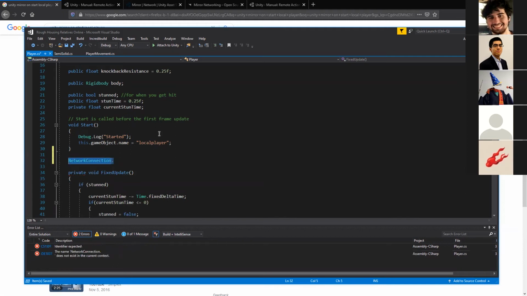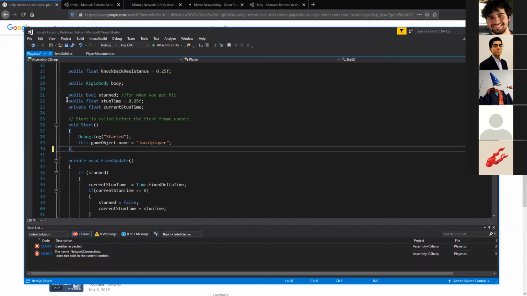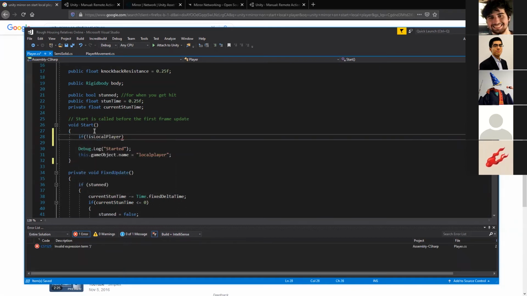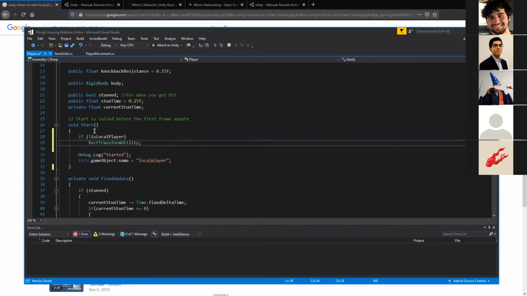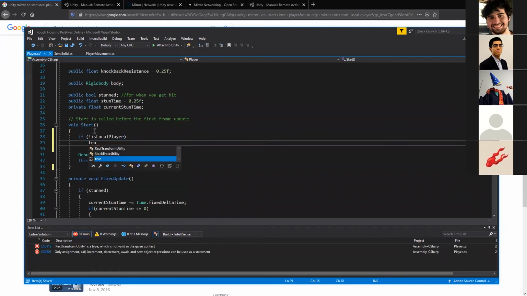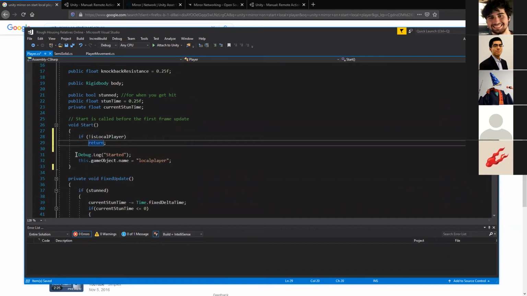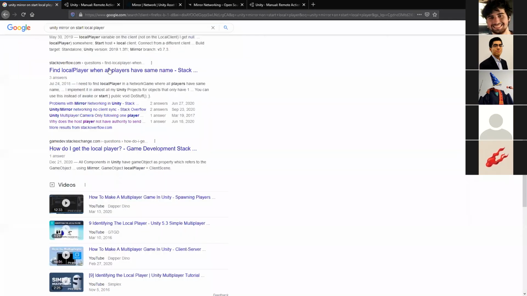Okay, I don't remember what it's called. So instead of that, we're just going to put it in here. If is not is local player. There is a function for it, but I can't remember what it's called. And Google didn't give it to me, but that's okay. This will work just fine still. That's going to bother me because I thought I would find it through here.